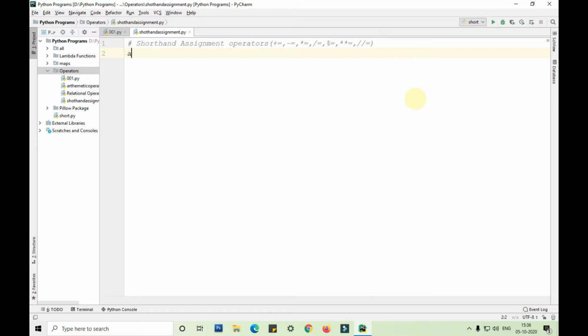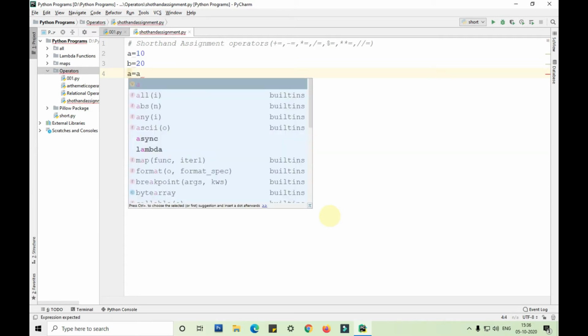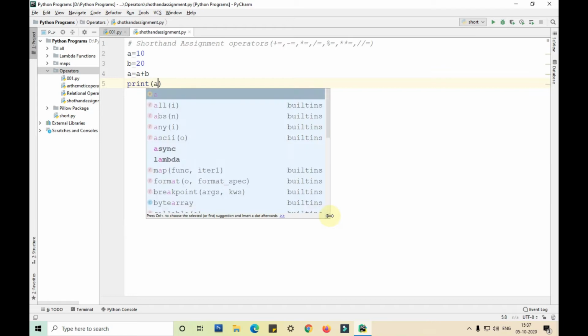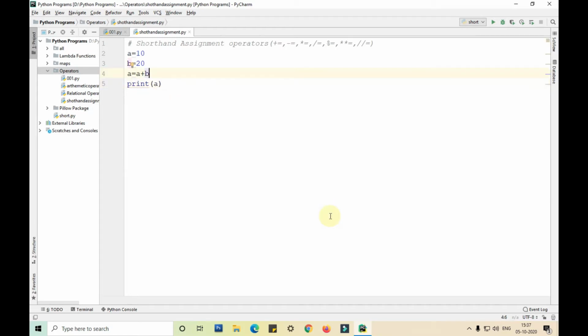So I'm taking two variables, a is equal to 10, b is equal to 20. So for example, let me write a is equal to a plus b, and print a.